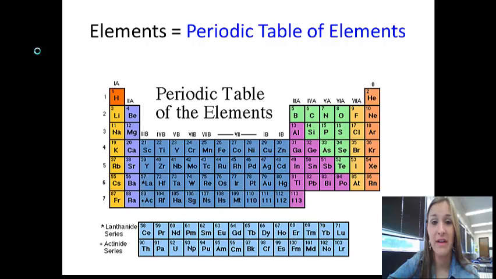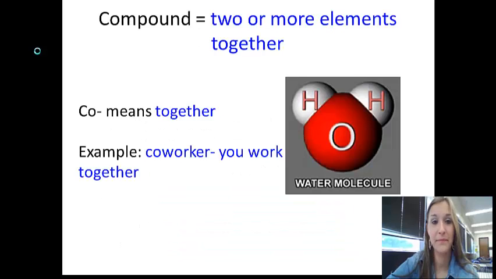Elements, I want you to think of the periodic table of elements. This is what you commonly see on the wall of chemistry teachers' rooms. These are all the elements, but we're not going to be focusing on all these complicated things because we're just going to be worrying about the elements that make up life, since we're learning about biology, the study of life. So, if this is an element, carbon, hydrogen, oxygen, phosphorus, sulfur, a compound is when 2 or more elements are